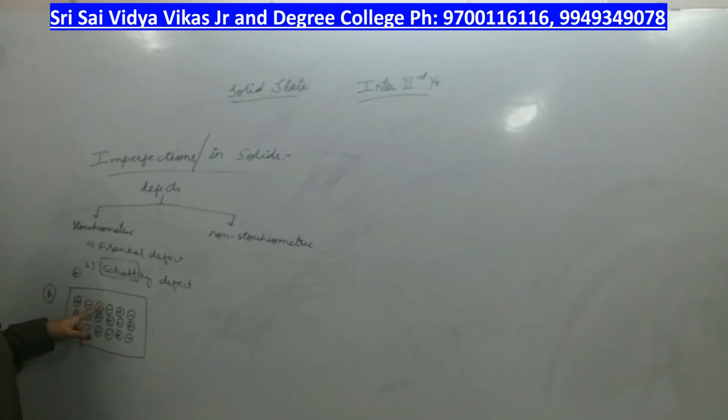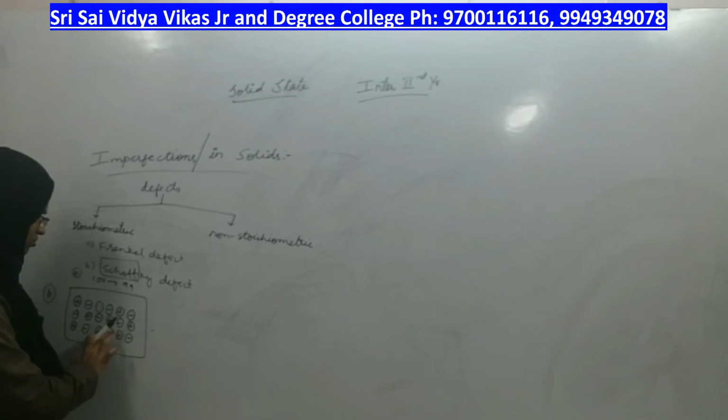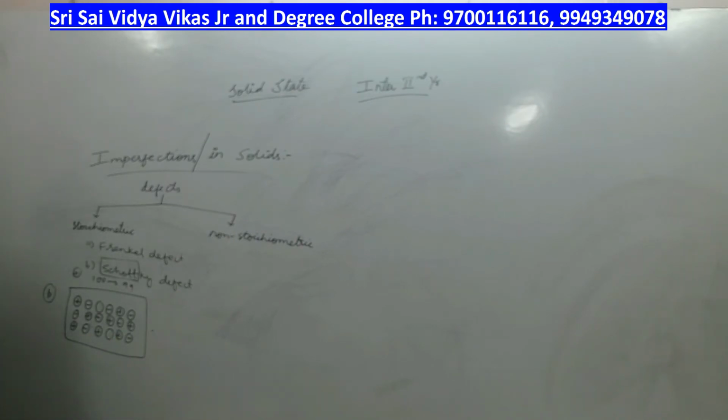Is there any shortage of the cations or not? Total number of cations, if it was supposed to be 100, what happened now is cations became 99, right? But I told you, in stoichiometric defect, the ratio of cations and anions will be the same. So, to maintain the electrical neutrality, if a cation went out of the crystal, an anion from the crystal lattice also moves out of the crystal, creating how many vacancy defects? 2 vacancy defects. One vacancy was created by a cation, then the other vacancy will get created by an anion, right?